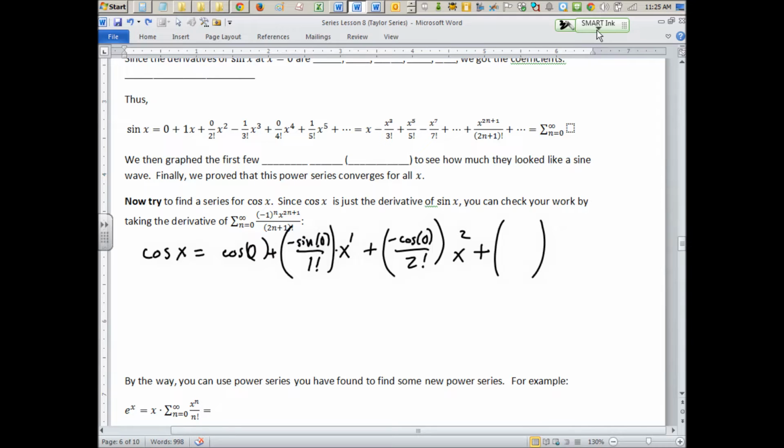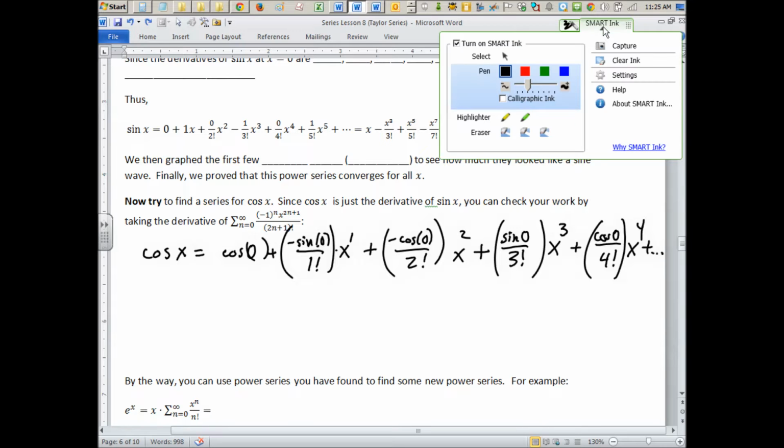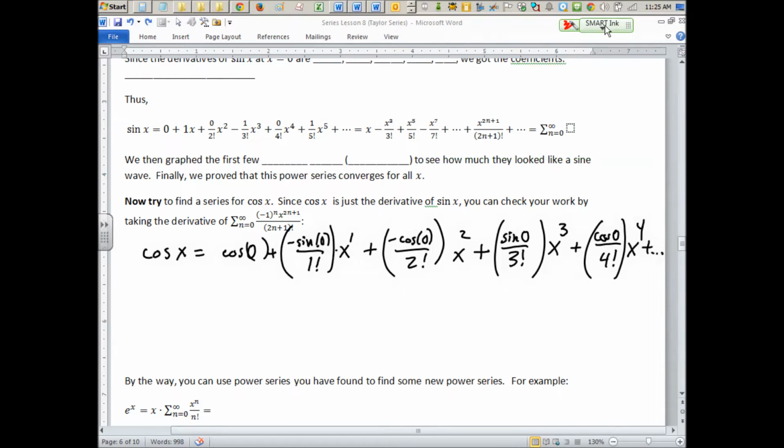What's the derivative of negative cosine? Sine. Yeah, positive sine. What's the derivative of sine? Cosine. Like that. And you'll notice some of this stuff is just 0. In fact, every other term is just plain 0. So this is gone, this is gone, and you're just basically left with